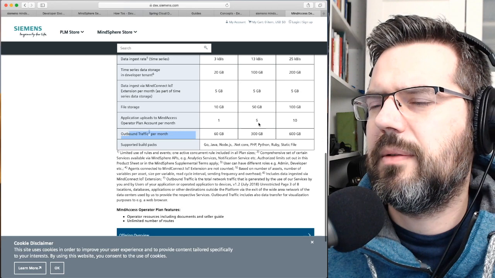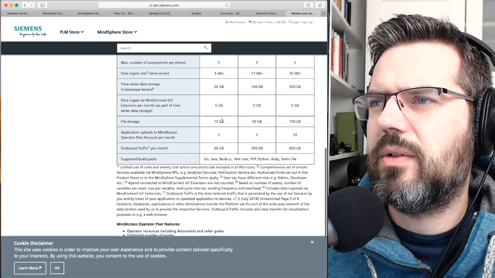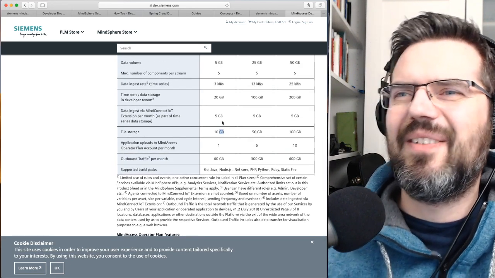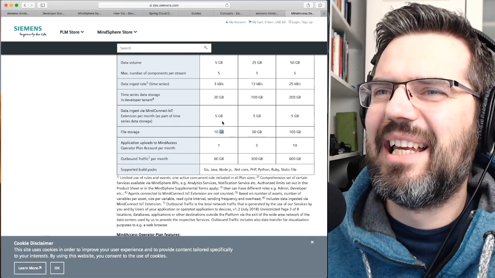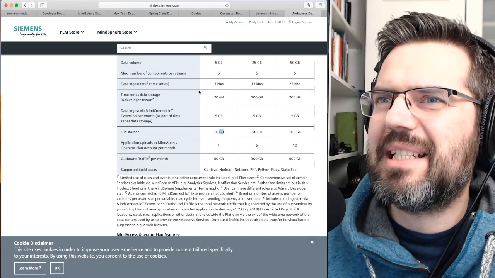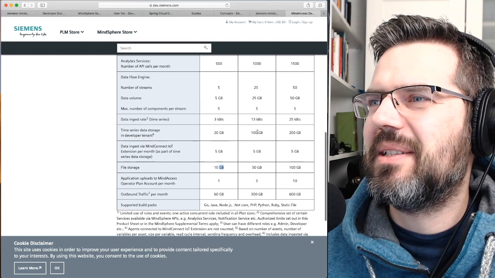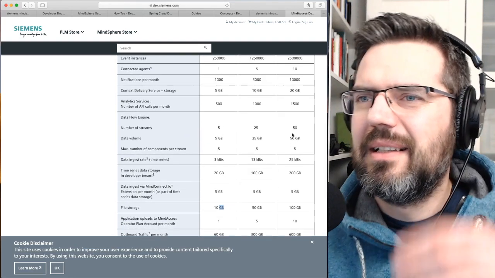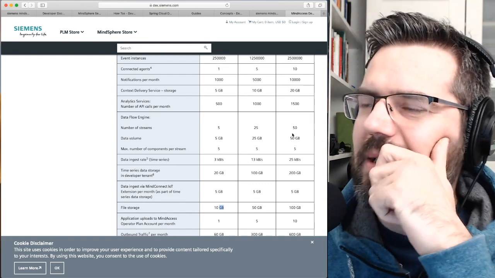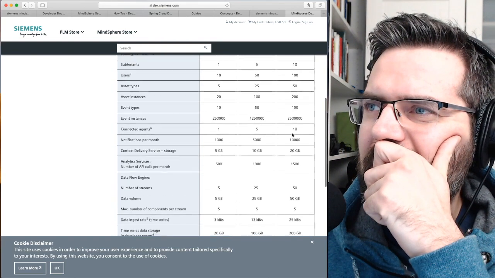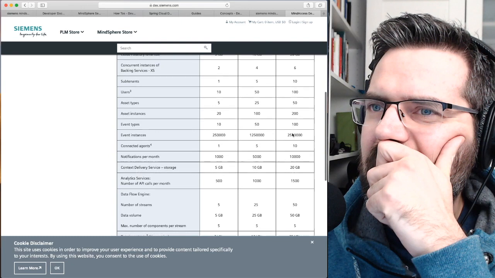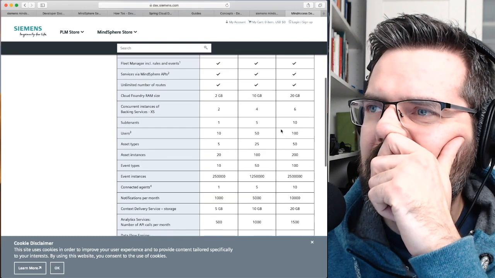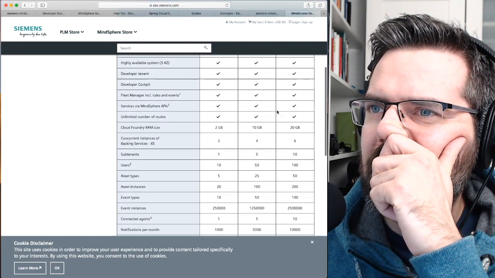Outbound traffic per month. File storage 10 gigabytes. What is this? Time series storage 200 gigabytes. Data volume. Flow engine. Event instances, event types. Users.